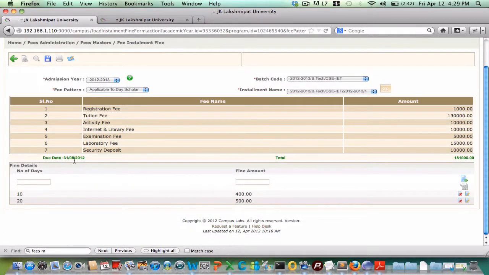We can see the due date of this particular installment is 31/08/2012, and this is the fine setting. Till 10 days it will be 400 rupees, and after that it will be 500 rupees. Although it has been written as 20, even after 20 days the same amount, 500 rupees, will be collected as late fee fine amount.